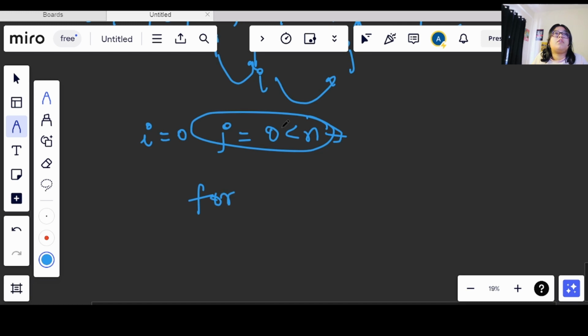So for j it will start from 1, right? So for j is equal to 1 and less than n. Now what will happen? I will check the condition.